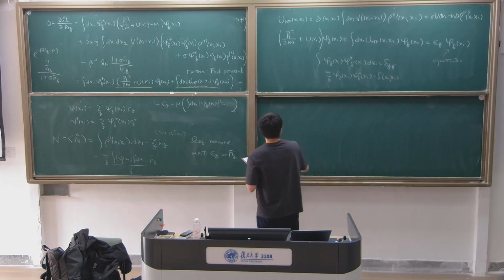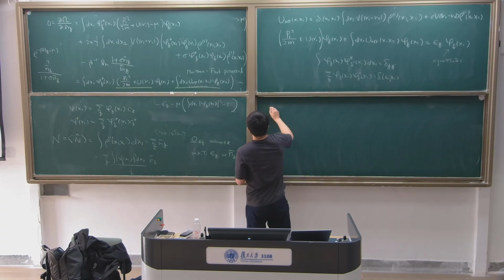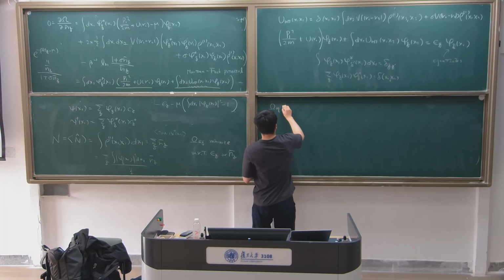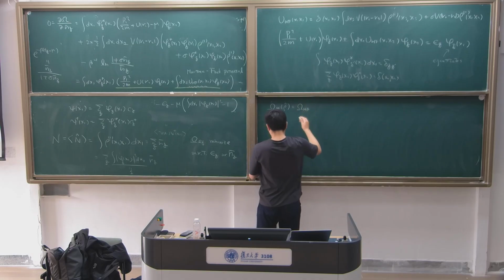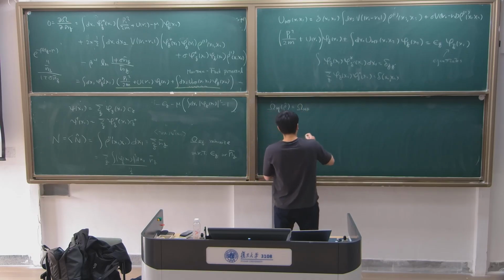So let's write down the minimum. Okay, so the equation of equilibrium is of rho. It's the rho amplitude of